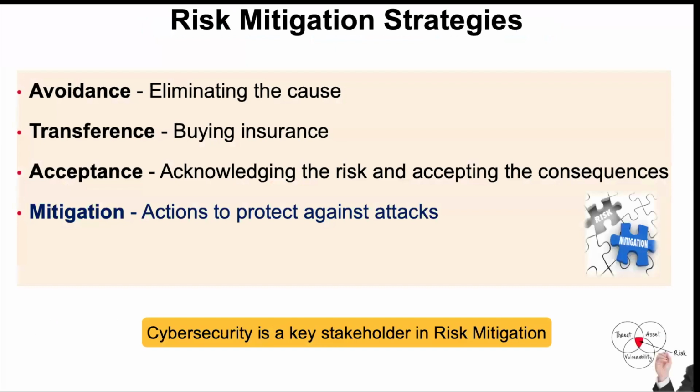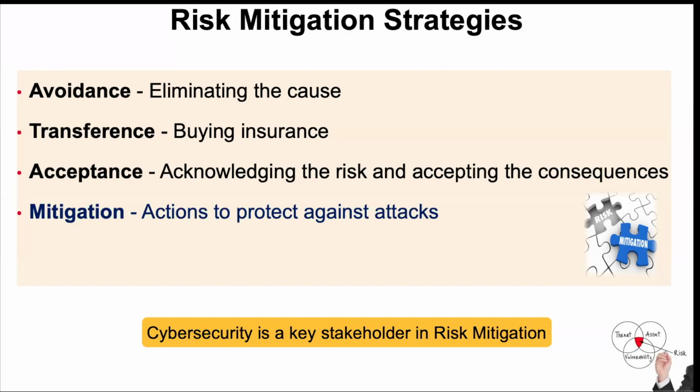So now that we understand risk, what do we do? How do we mitigate this risk? Things you can do with risk: you can avoid it, eliminate the cost, avoid it altogether. Let's say you have a car and you're concerned about hail damage. I know here in Texas, we get hail damage. Well, how can I avoid that risk? Pretty simple. Sell the car. Boom, we've just avoided the risk of hail damage on my car.